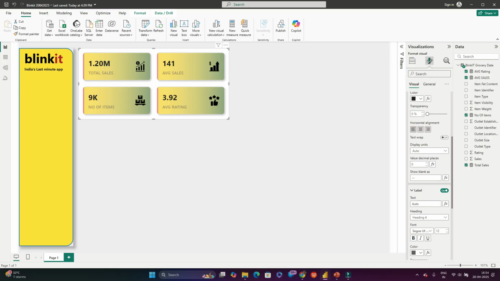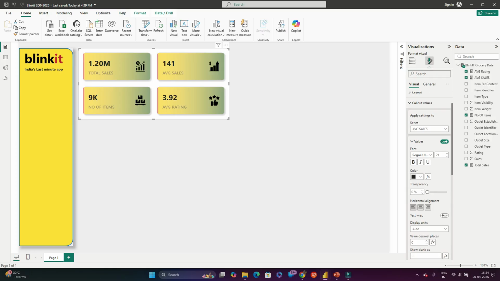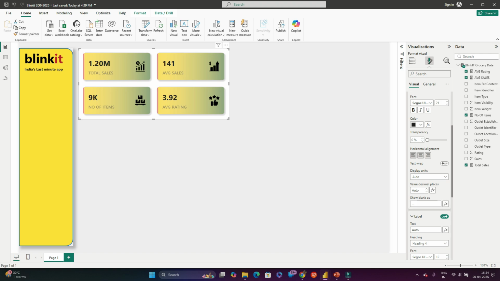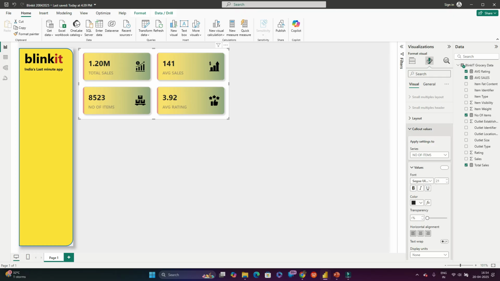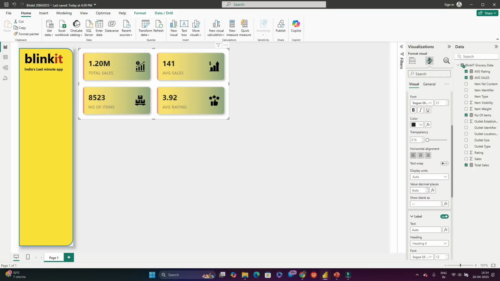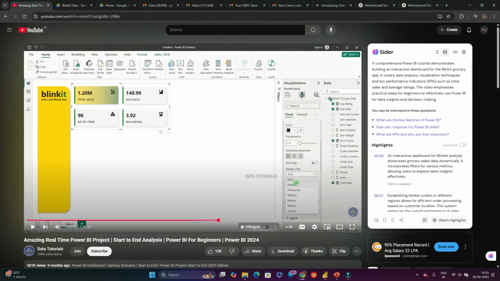and so go to number of items, here display unit none, yes. Then go to average rating, decimals, yes. So let me, yes, now it's fine,